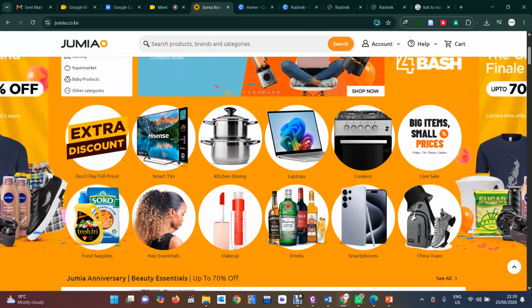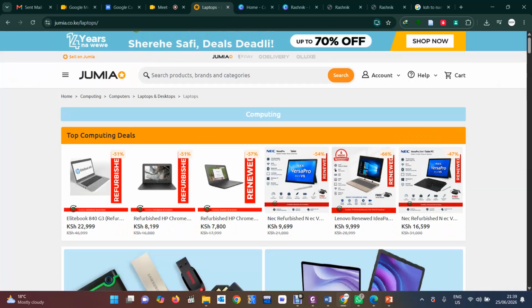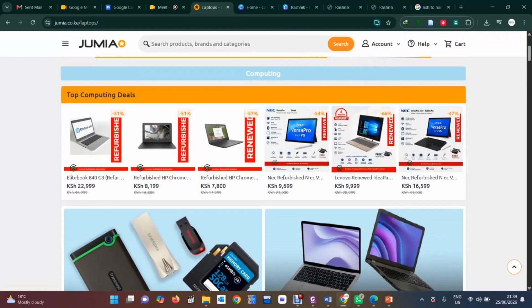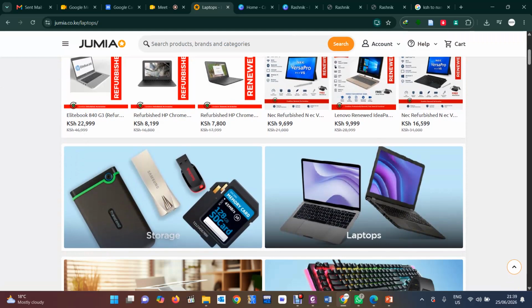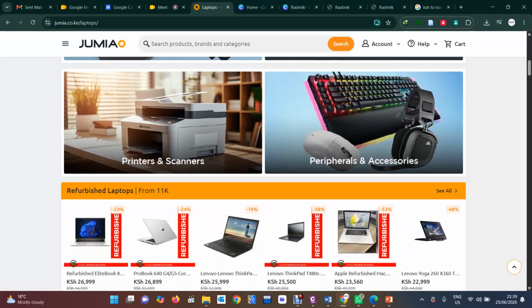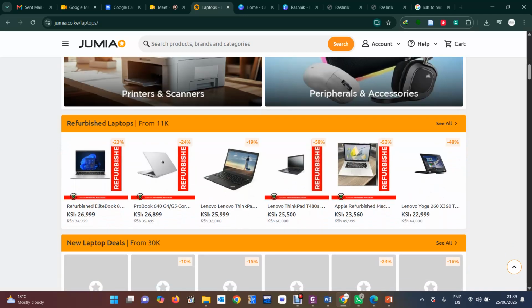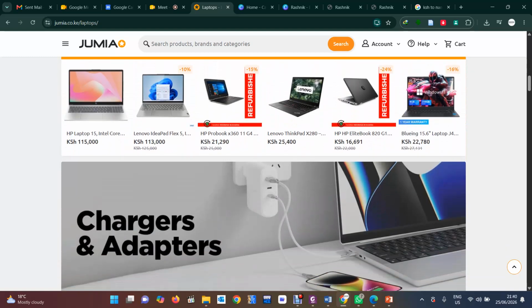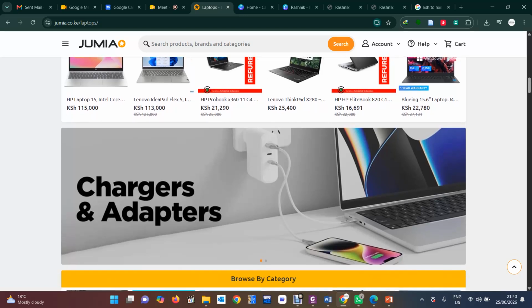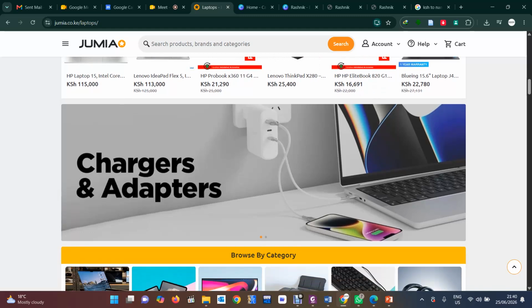Therefore, it becomes so easy for you to make a sale of even a laptop here, compared to the one who is selling in a physical shop, because this website can reach millions of people in a day. Out of that, at least 100 or 50 will be interested to buy your item.